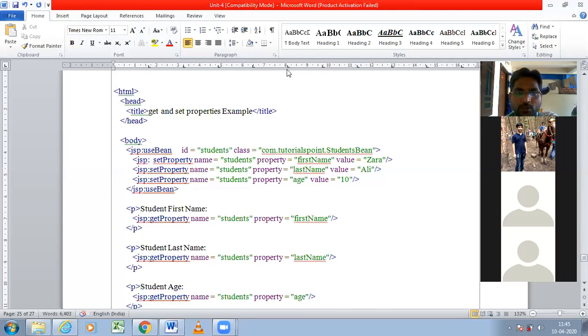So how to use these things? See here, setProperty name, this is the method name. I am giving some name for this as students, and I am writing some attributes here. For this one also we can write the attributes and all.